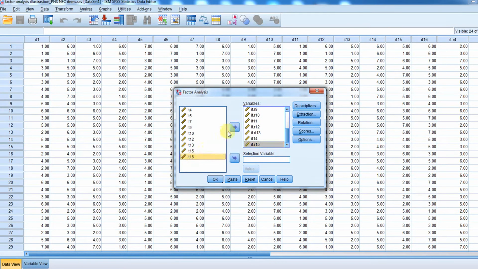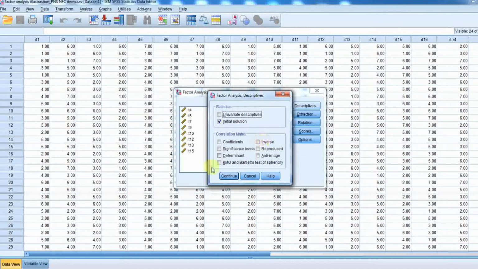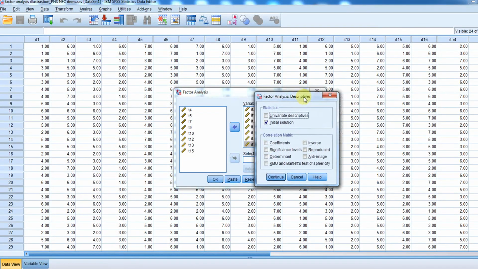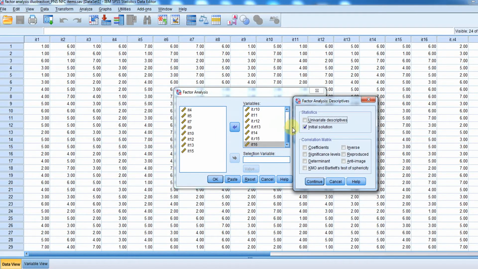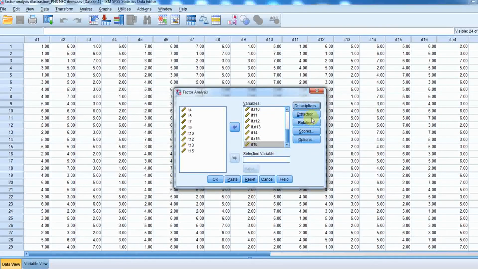So the first question that I need to ask or address is whether or not my correlation matrix is factorable, and whether it's appropriate to actually carry out the analysis. So I can go into Descriptives, and down here you've got KMO and Bartlett's test of sphericity. A lot of times people will generate this when they run the analysis and interpret everything together, but I'm going to do this separately, because really the question is, first of all, is the matrix actually factorable? So if I click on this and click on Continue, I'm just going to leave all the other defaults as they are for right now, because I want to walk you through that in a second. So when I click on OK,